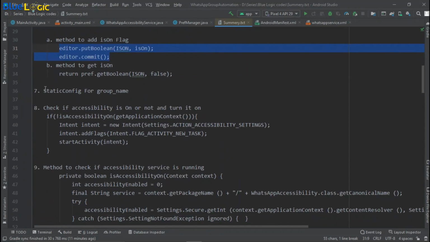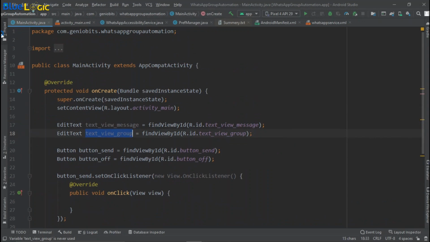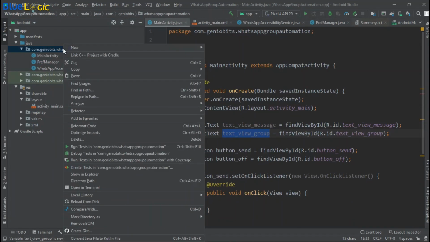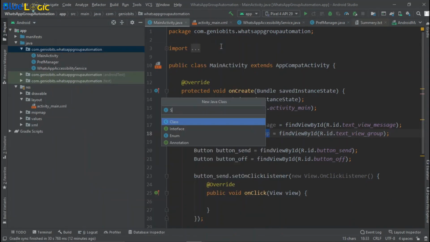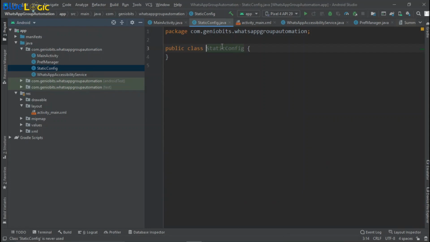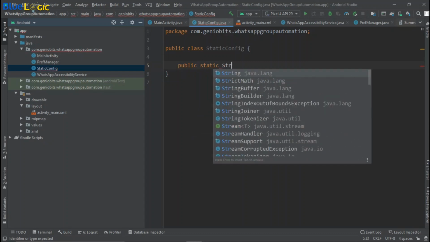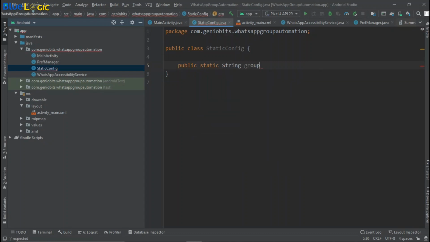So the next step is we have to create one class or one field that will be a static field. Instead of in the main activity, we'll just create another class, that is a static configuration class. StaticConfig, and here we will just add one static field, public static String groupName. That's it.